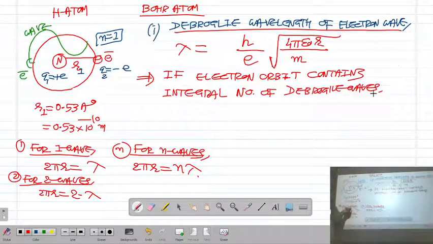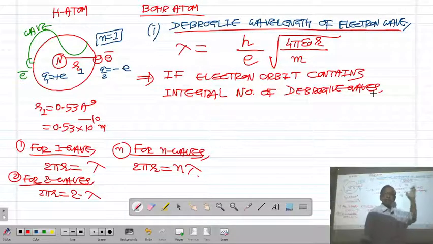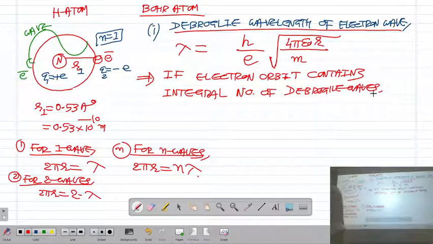If the electron orbit contains one wave, then 2 pi r is equal to 1 lambda. If the electron orbit contains two waves, then 2 pi r is equal to 2 lambda. If it contains three waves, then 2 pi r is equal to 3 lambda. And if the electron orbit contains n de Broglie waves, then the circumference,